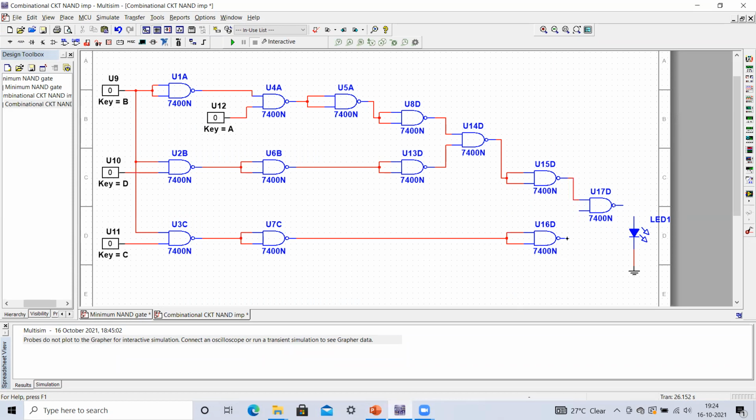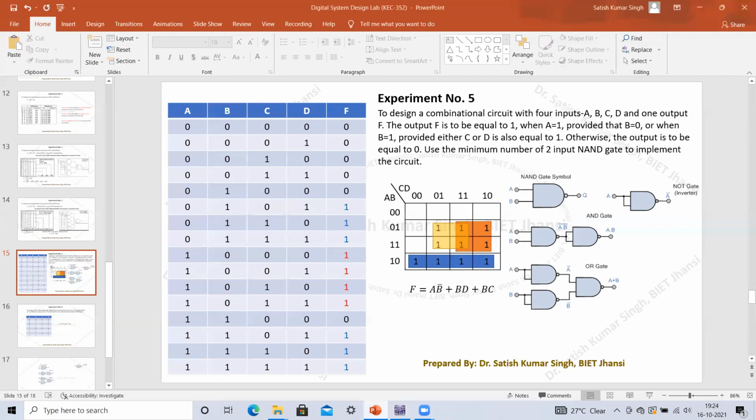then our circuit is now completed, and this output we are supposed to get like A dot B bar plus BD plus BC. Okay, and then we can make this connection. So in this way we can make this connection using the NAND gate. So this circuit that we have shown here in the truth table, and then we have got this minimized expression. Now we have implemented just by having the NAND gates.